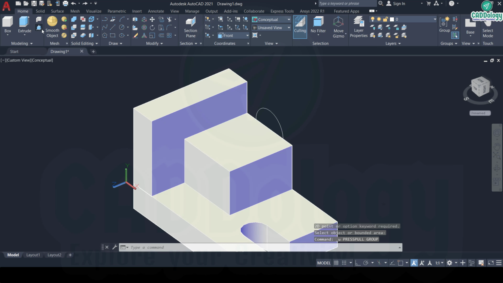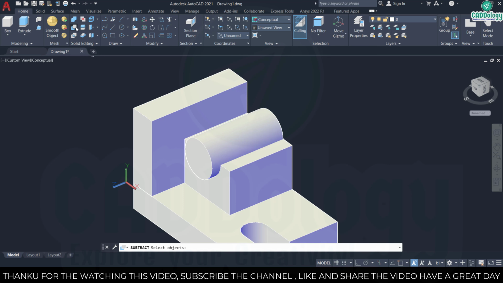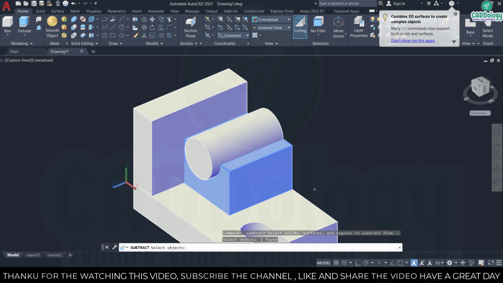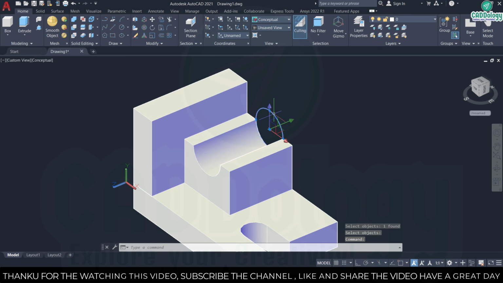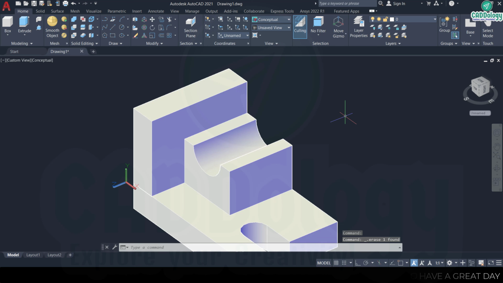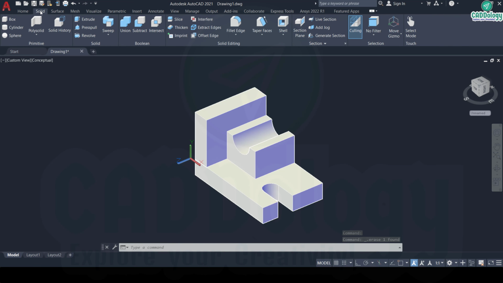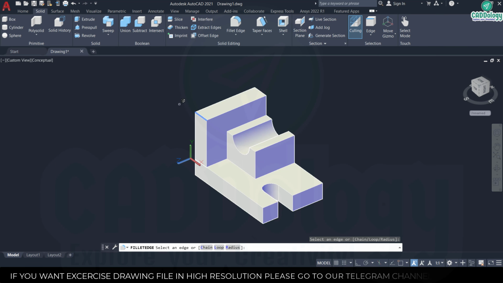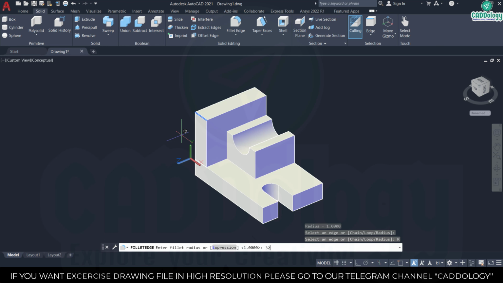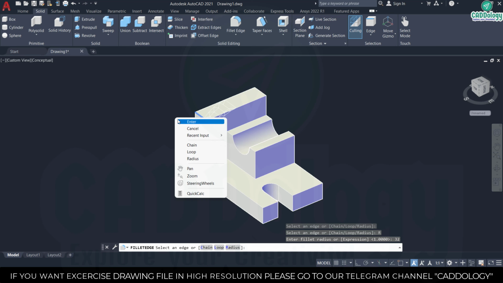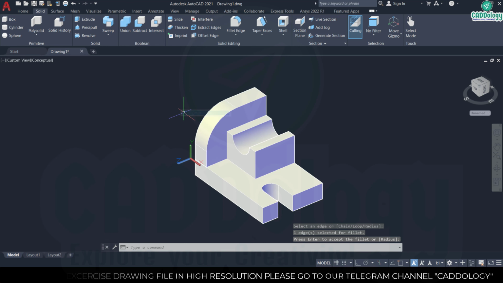Press pull it and use the subtract command. Select the first part and enter and select the second part. And delete the circle. Make an edge fillet. Go to the solid tab and select edge fillet and then select the edge, right click, go to radius and put 32 and then enter. You can see